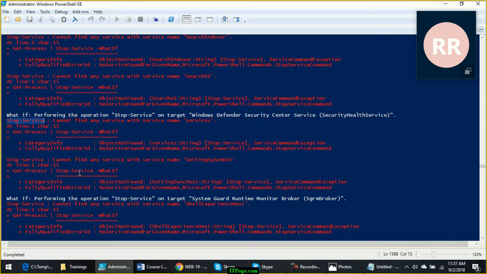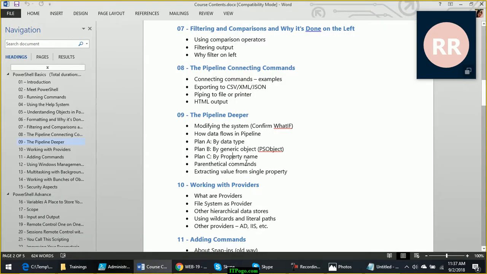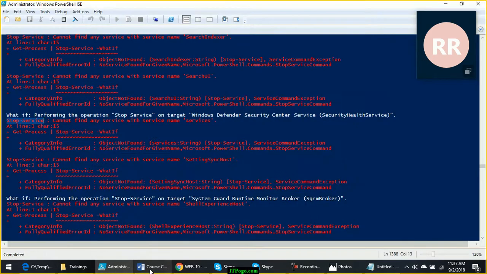Here plan C is coming into picture. And what is plan C? Plan C says by property name. Now let's understand why these are successful and why these failed. If it has to fail, everything should fail, right? Obviously. If it is successful, why are others failing?